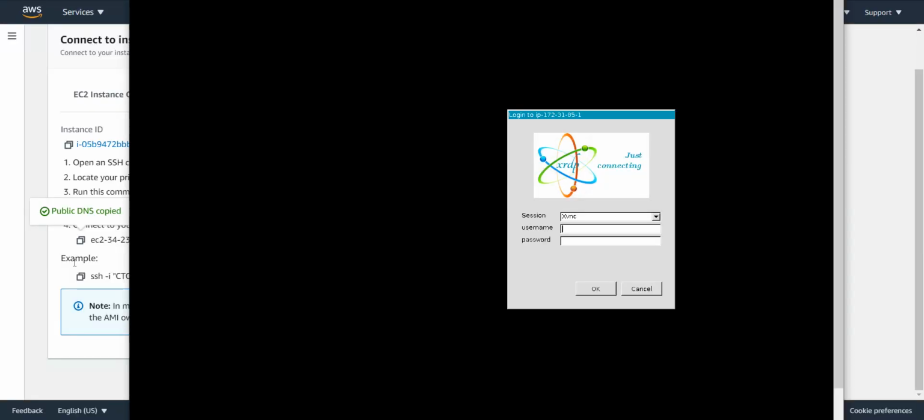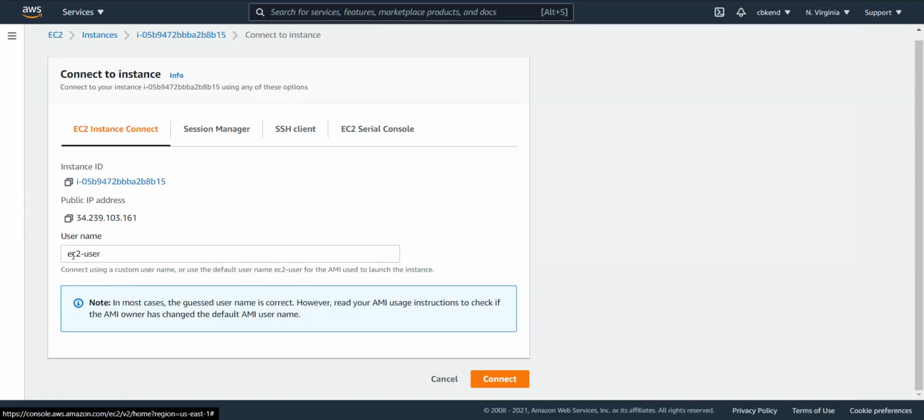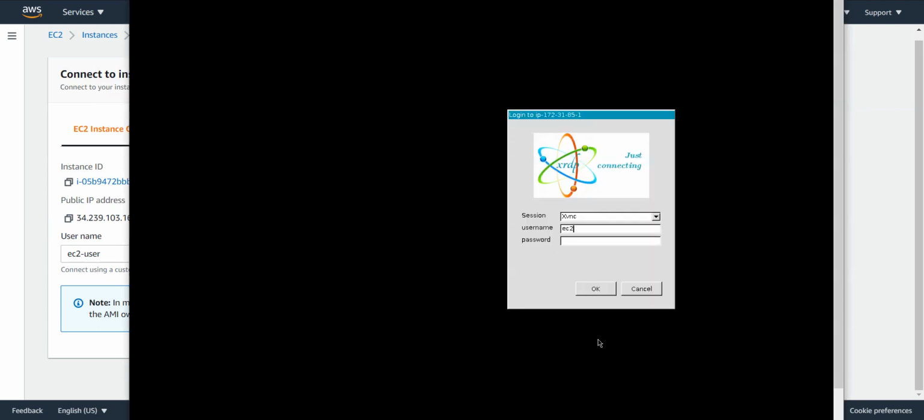Click Yes. This is going to be our user, right? So this is going to be that initial user that we set up, which was the EC2-user. So that's EC2-user. And the password that we defined in